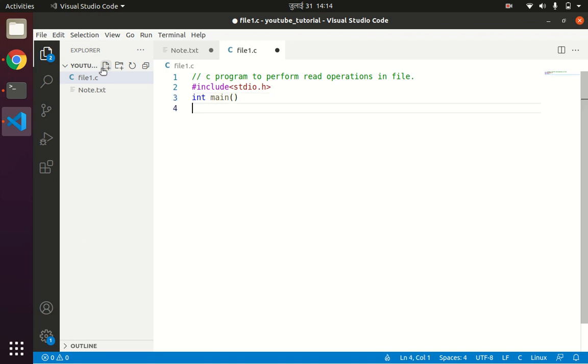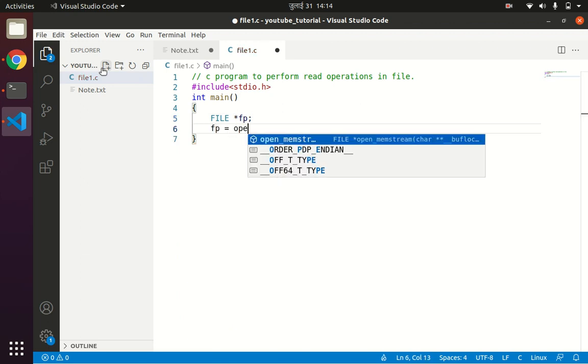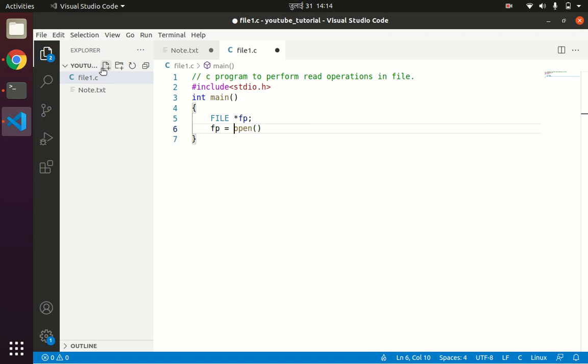For the file operation, we need a file structure called FILE, and we'll be creating a pointer to the file structure, and fp will hold the address returned by the fopen function. Let us say I have a file called read.txt.